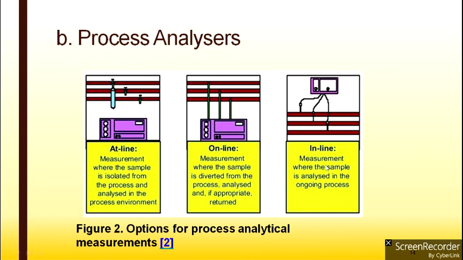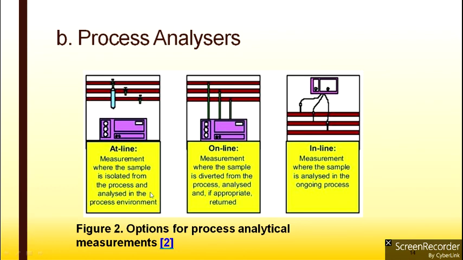Inline is whether the sample is analyzed in the ongoing process. As and when the sample is analyzed, it makes sure that you are within the control. Outline is whether the sample is isolated from the process and analyzed